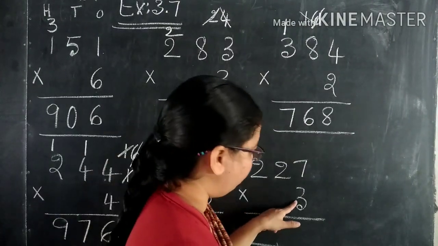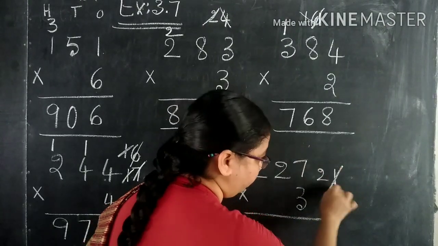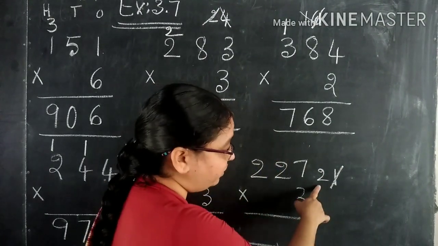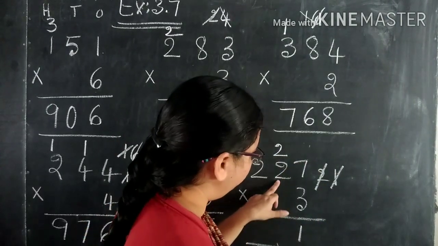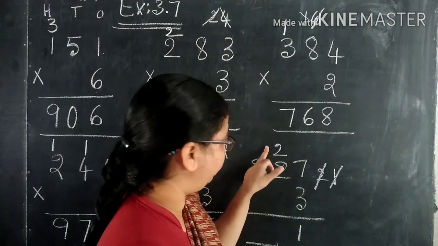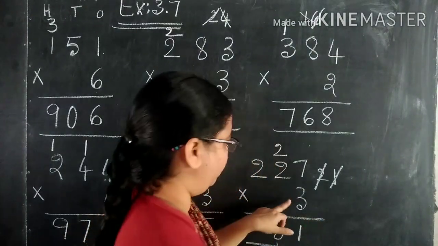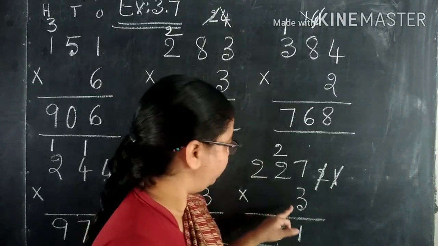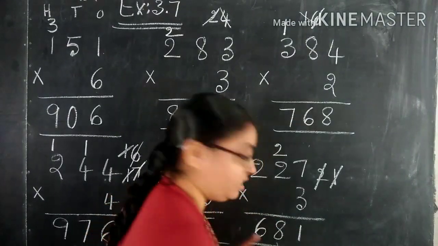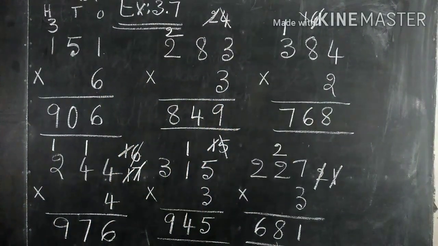Now here again. 3 7s are 21. As we know, one's place number will write it down. What about this tens place number? We will carry to the next place. Finish. 3 2s are 6. 6 plus 2, 7, 8. Now 3 2s are 6. Here anything is there? Nothing. So 3 2s are 6. Nothing is there to add. So 6. Okay. So like this, slowly if you practice, you can surely do however many digits they give also.